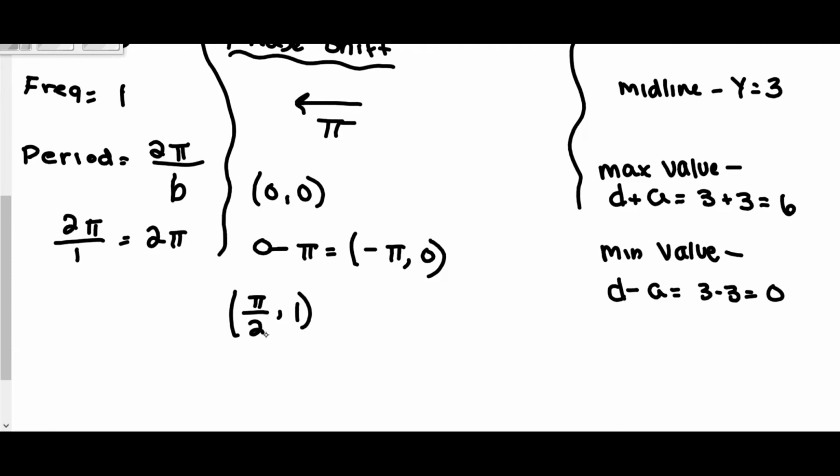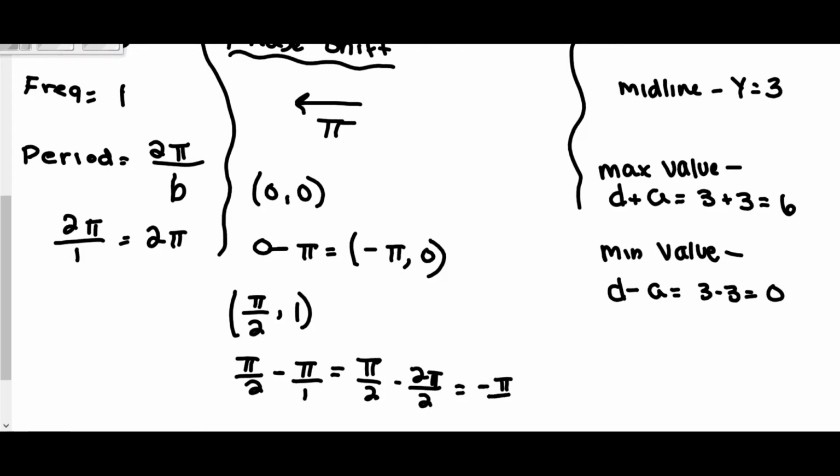So we're taking pi over 2, and we're shifting it over pi. So we're doing pi over 2 minus pi. Now, pi is actually over 1, and we can't combine those yet. We need to get a like denominator. So it's actually pi over 2 minus 2 pi over 2. And pi over 2 is now happening at negative